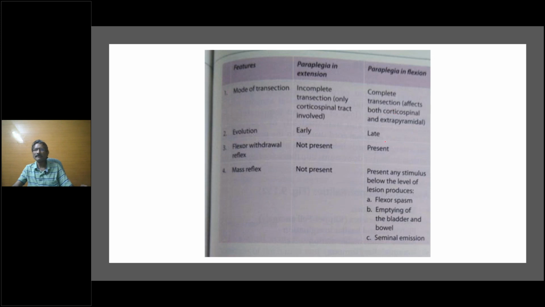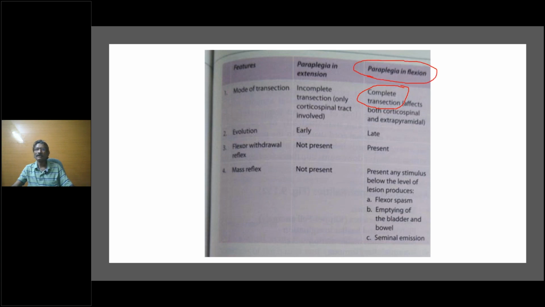Paraplegia in flexion means complete cord transection. Just remember that point primarily. It is a complete cord transection. That's the first point you need to remember. I'll just give a natural history. Let's assume transverse myelitis. Initially, the patient will have a paralytic limb, completely paralytic. That is the state of spinal shock. But subsequently, when the lesion recovers, the patient will start to flex. The hip will flex, and when the hip flexes and the knee also flexes, that is called paraplegia in flexion. It is not a good sign at all.